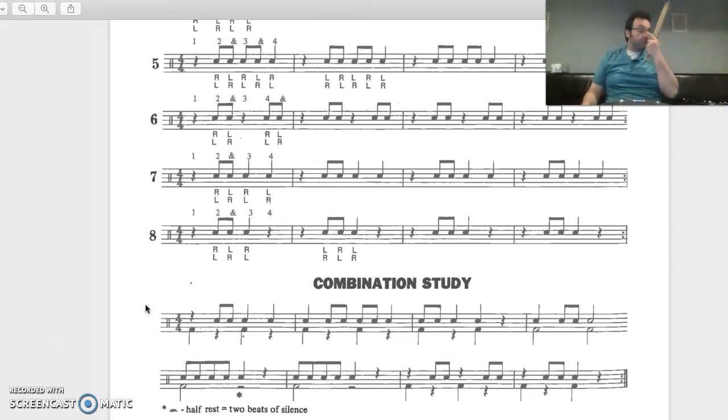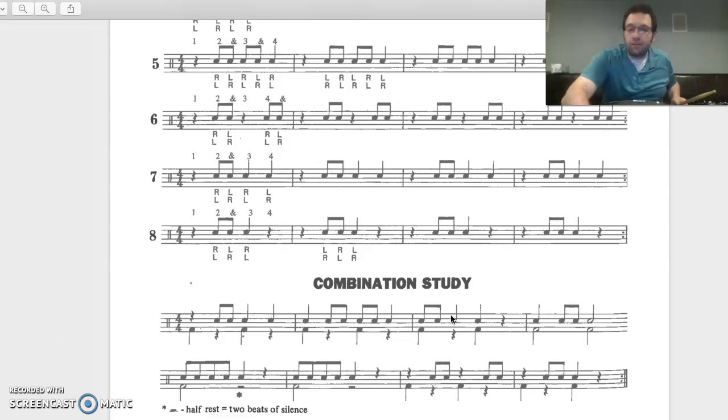All right? You may want to pause me and practice each measure once or twice, try to put some of the measures together. So if I were to practice this, I would take my first measure, right? Rest. 2 and 3, 4. Excellent. Now I would take my second measure here. 1 and 2 and 3 and 4. All right. Now I would put these 2 together. Rest. 2 and 3 and 4 and 1 and 2 and 3 and 4